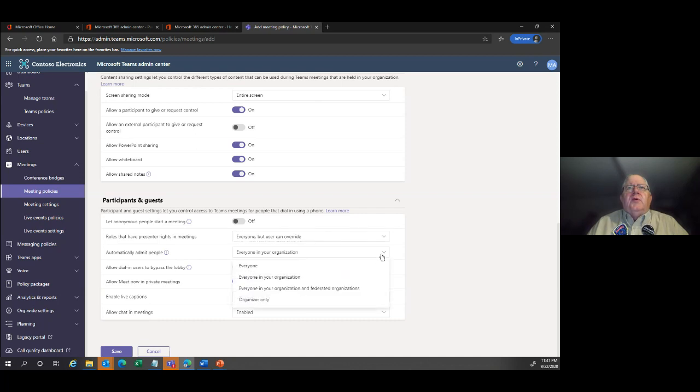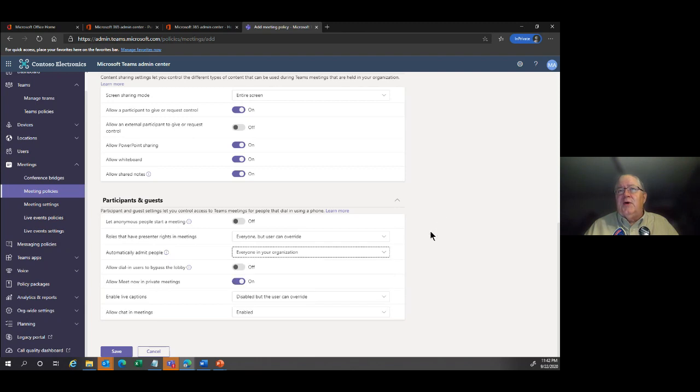One of the other controls we have is, do we want to automatically admit people into a meeting? You could say, yeah, we're going to do that for everyone, or only if they're part of our organization, or only if they're part of our organization or another organization that we have federated with. Or is it organizers only are allowed to come in automatically? And at that point, anybody that's not an organizer that joins is going to have to be manually admitted. They'll be kind of held in the lobby, and then you got to click on the buttons to let them